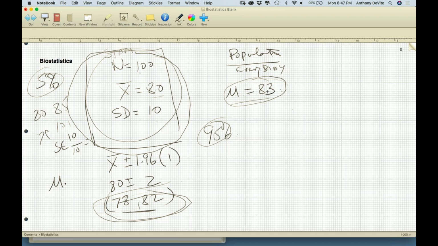Well, it's 83 versus, at the high end, 82. Yeah, it's a bit away from our average. I wonder what the probability is that we're wrong here. Can I go to 99% confidence and still say that? Can I go to 99.9% confidence and still say that? Let's take a look at this and see if I can do something interesting with it.